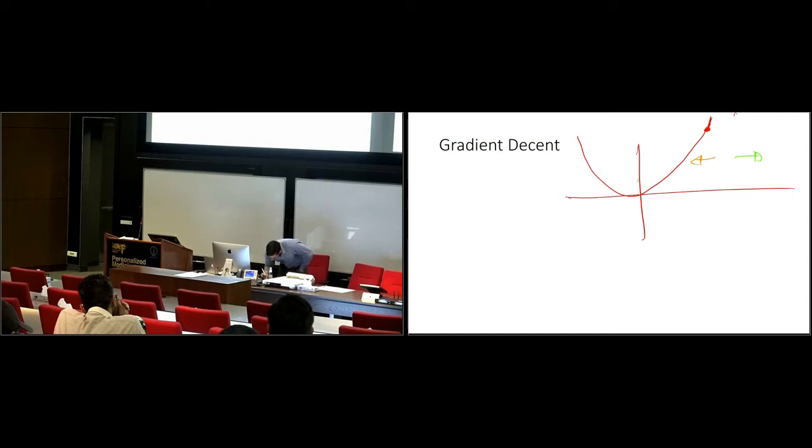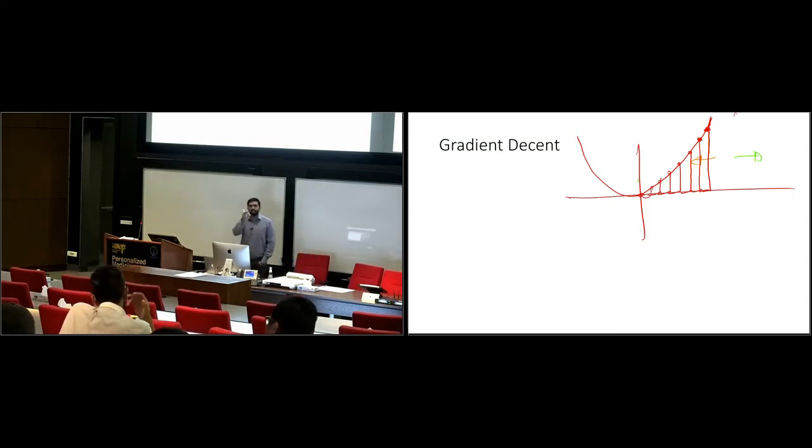So I was here. My function was here. I took a small step in the orange direction. Now I'm here. What should I do now? Should I take a step in the green direction or the orange direction? Orange direction. Okay. Another step in the orange direction. I came here. And hopefully we can repeat the process. So we come here, and we come here, and we come here, and we come here. And look, we found a minima. That seems very easy.